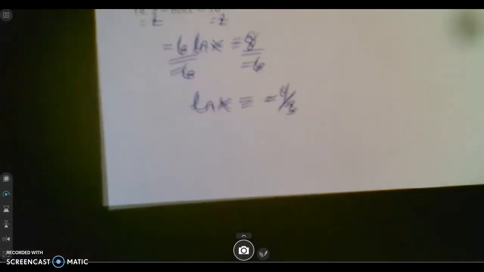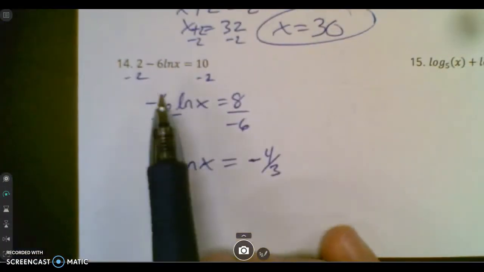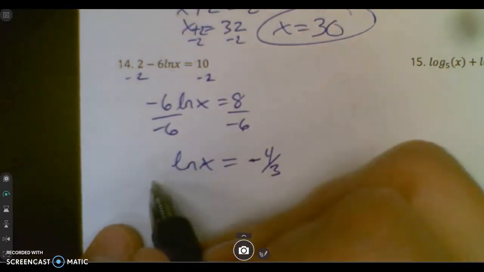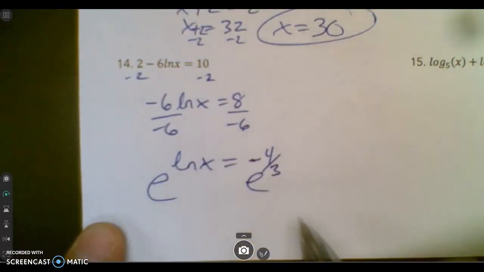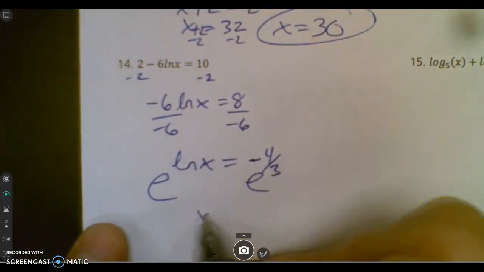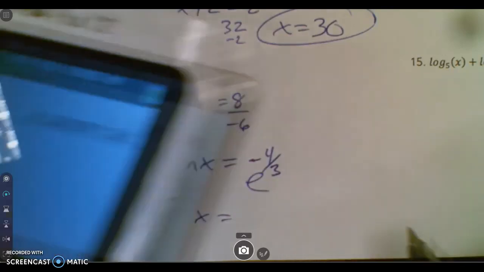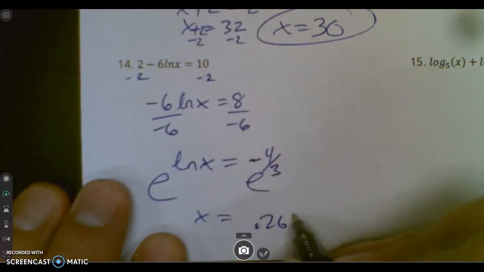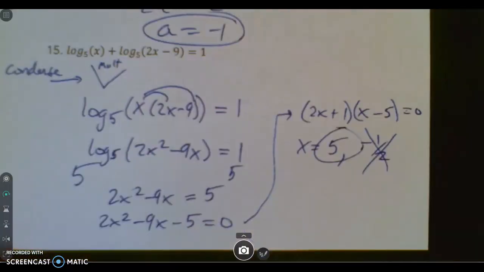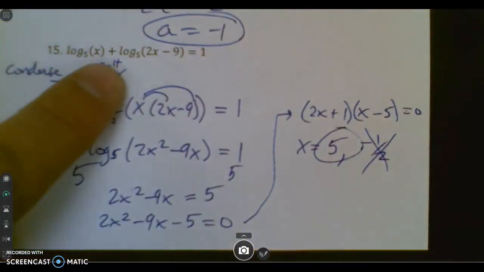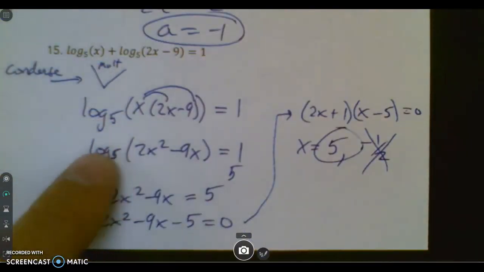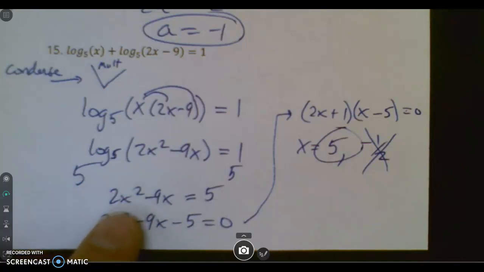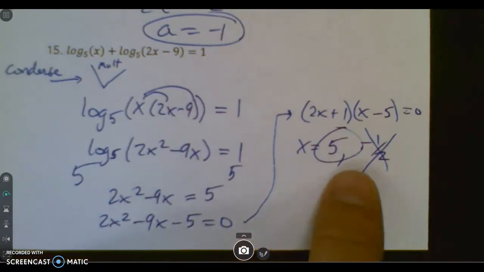You can pause it. The next problem, you have to do a little work to get the natural log by itself, but once you do, you just have to raise both sides to the power of e. And e to the negative 4/3 is 0.264. All right, then our last problem, we have to condense those using multiplication. You get it by itself, you put them both in the power of 5. Then when you factor this, you get two answers, but